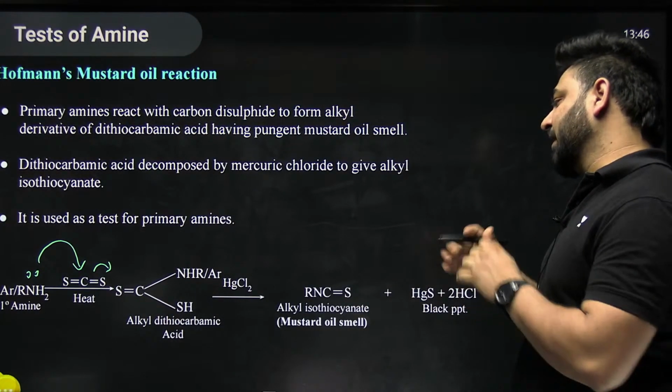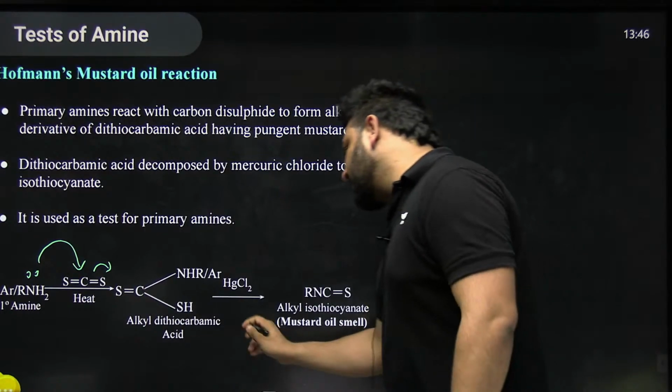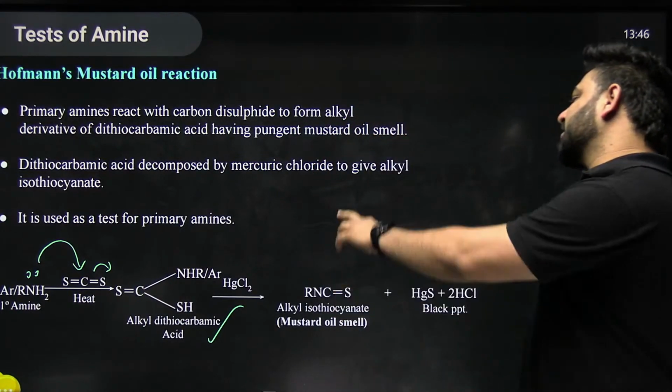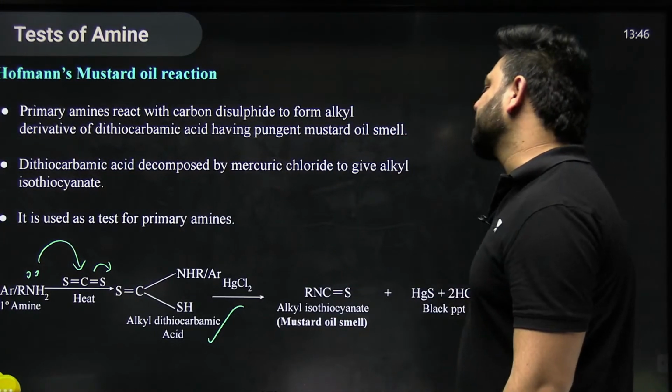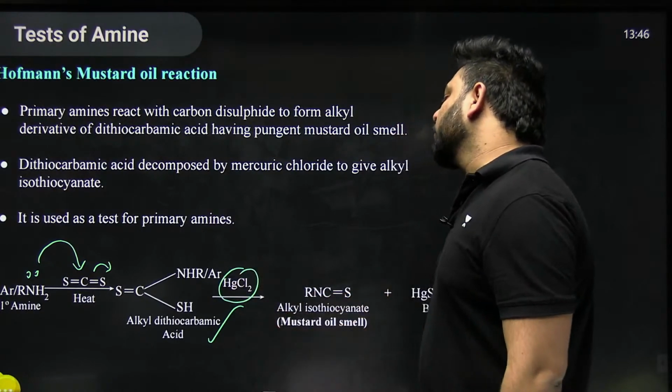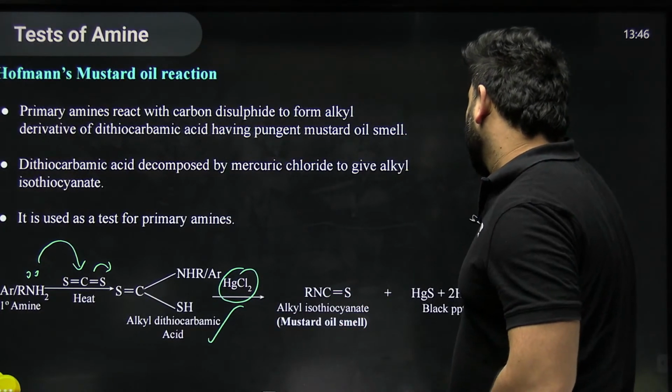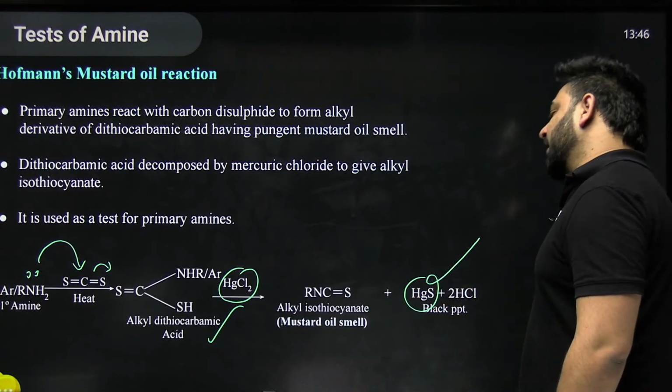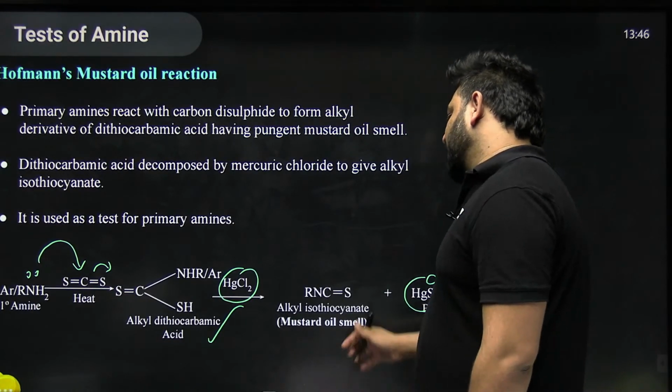C double bond S, SH. This is like alkyl dithiocarbamic acid, and there is NHR or NHAr, whatever the group is there. Then it is reacted with HgCl2. It reacts with sulfur to form what? Black precipitate of mercuric sulfide, and the product will be RNCS, which is